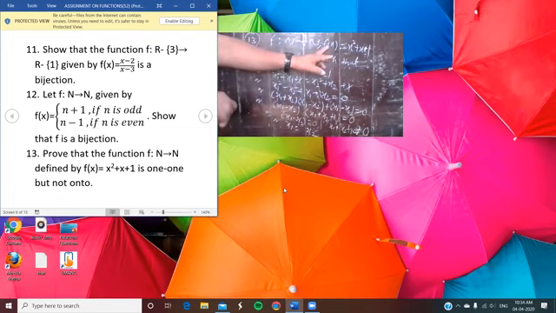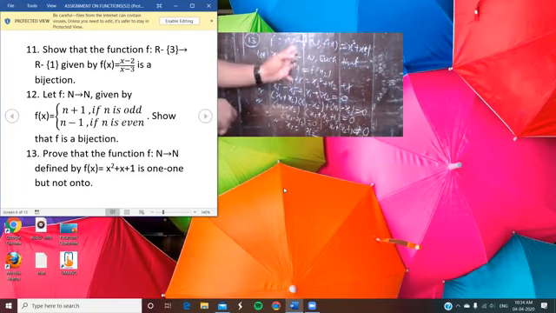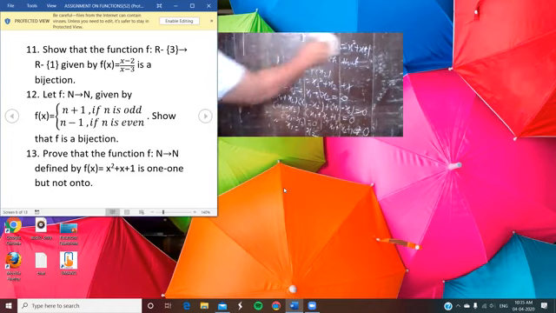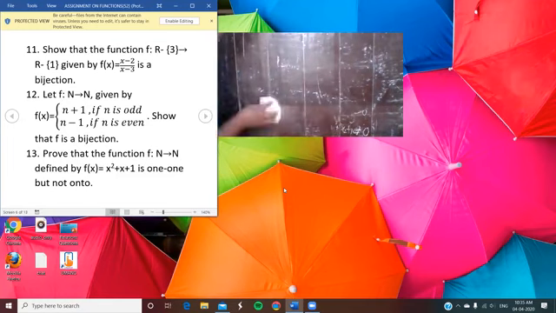So just try it. Suppose here we take x is equal to 2. Suppose f(x) is equal to 2. So if f(x) is equal to 2, you have x square plus x plus 1 is equal to 2, or x square plus x minus 1 is equal to 0. Is the factor of that possible? Or put x is equal to 1, in that case also it is not equal to 0. Just check it.